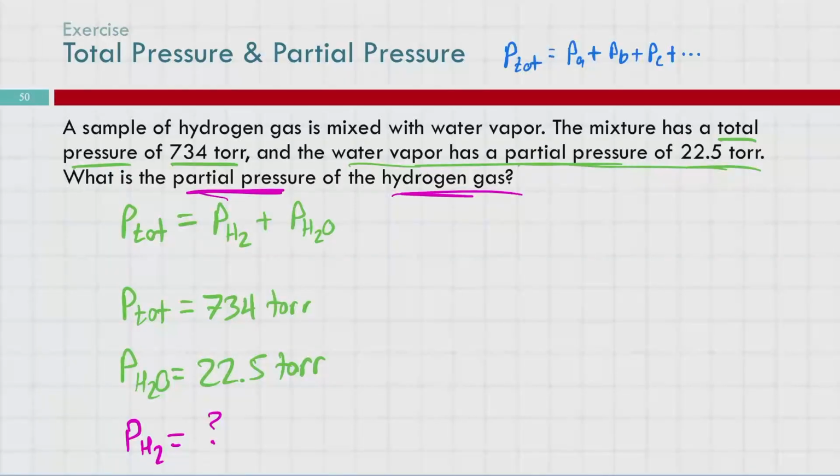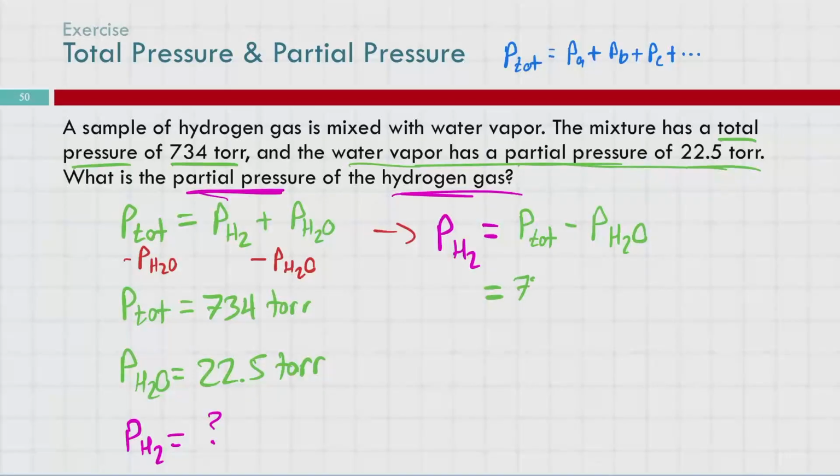If we subtract the H2O from both sides, that will move it from the right side to the left side. So we'll do that and flip it left and right, and pH2 is equal to P total minus P sub H2O. We've got both of those things, so we can solve. So 734 torr minus 22.5 torr